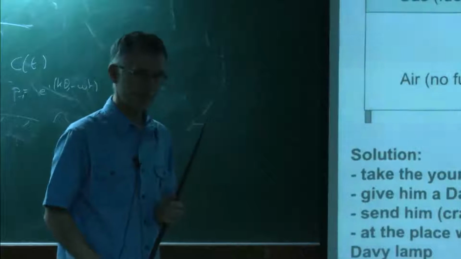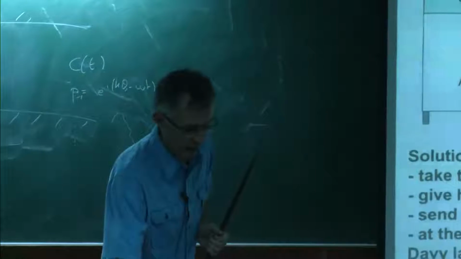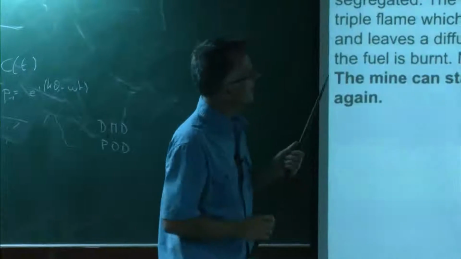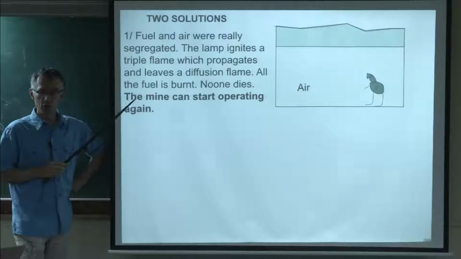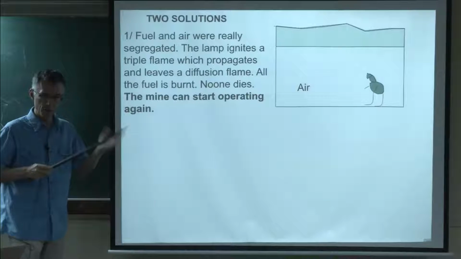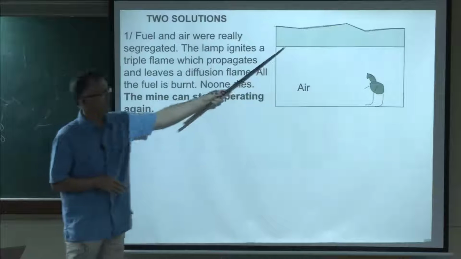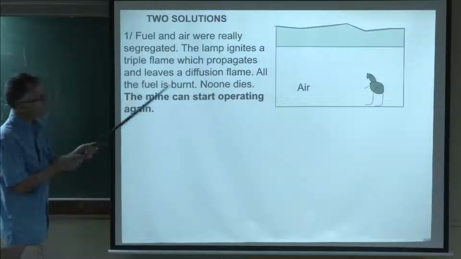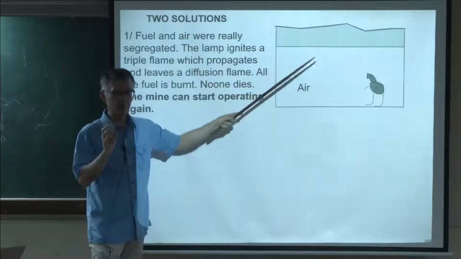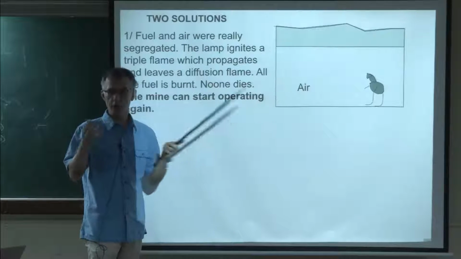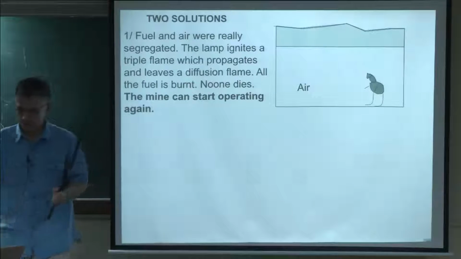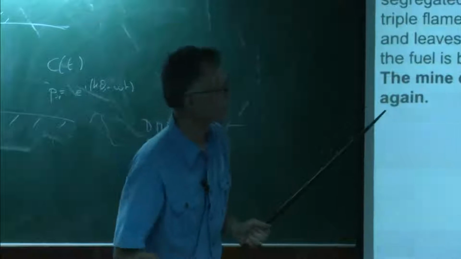When your hand reaches this zone, normally you start burning the fuel there. The problem is, of course, if you know combustion, that there are only two solutions there. The first is that you really waited long enough and there was no more fuel generated, and really all the fuel was up there. So when you raise your hand and you bring temperature to that point, you are exactly in the situation of the diffusion flame that you have studied before. And you will ignite something which is nothing less than a triple flame.